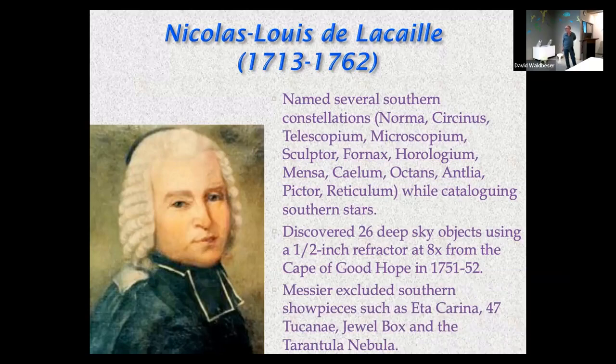Well, he discovered the Jewel Box, for example, and the Tarantula Nebula. They're not Messier objects, though they should be. They were known. He cataloged them before Messier, but again, I'm not sure everyone knows this, Messier only included objects in his catalog that he actually personally observed. And he never went to the Southern Hemisphere to observe these showpieces. So he never saw, for example,